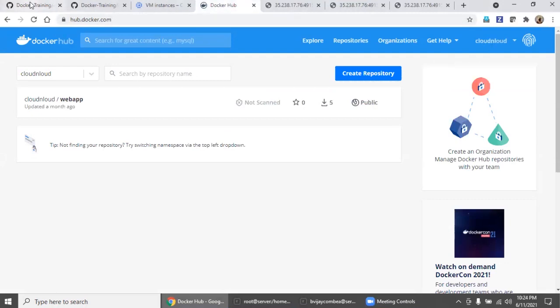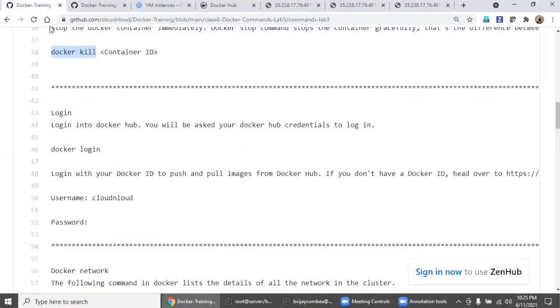From the machine, if I push something, it should automatically go to the Cloud and Loud hub repository. The machine doesn't know that, it only knows hub.docker.com. So how does it know which account to push into? There are billions of accounts. That is exactly what we are going to do.